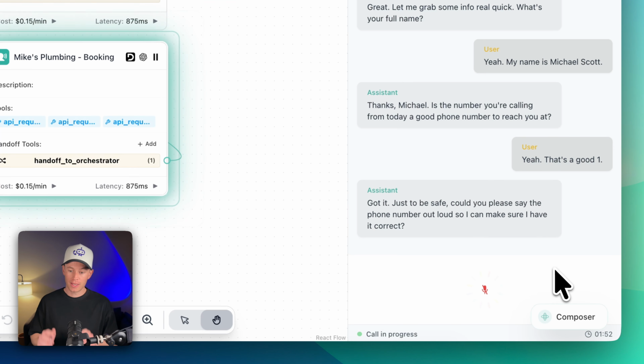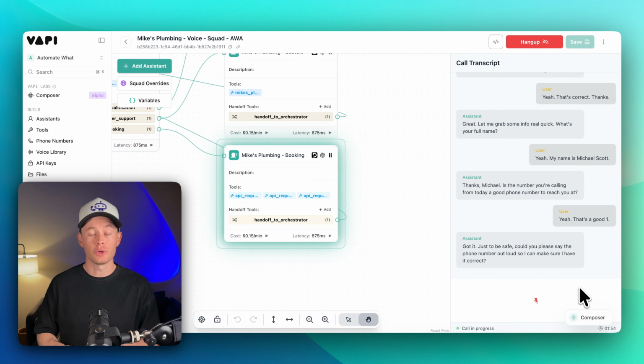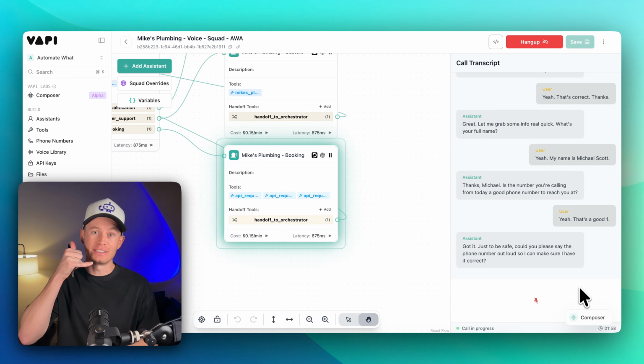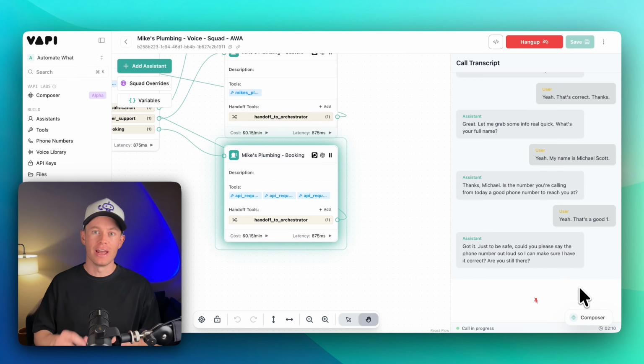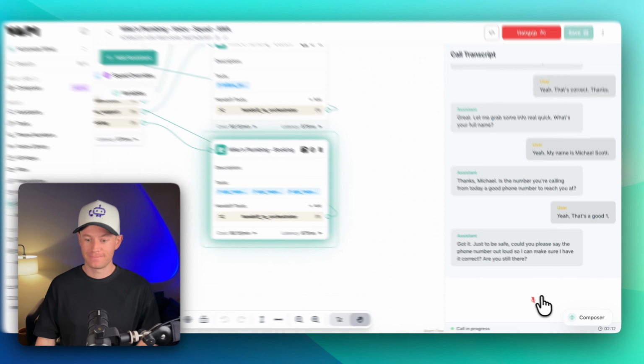I have it correct? Now it's doing this, we're running into this issue because we're interacting with our agent over the web interface and I'm not dialing in from an actual phone number. So that's why this agent is clarifying. It's clarifying with me to basically say the phone number. Otherwise, it would just already know my phone number and then move on from here.